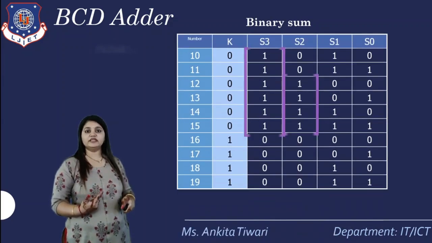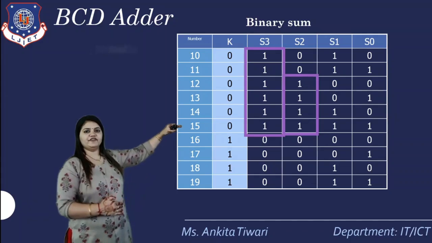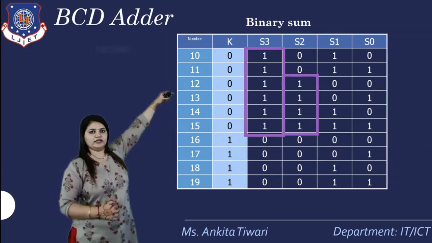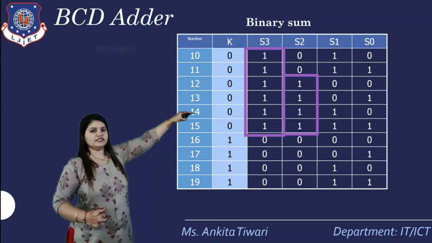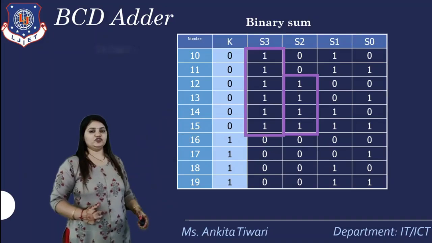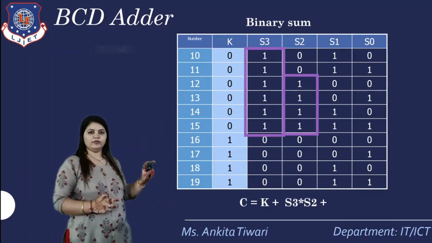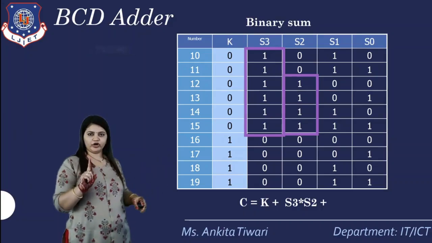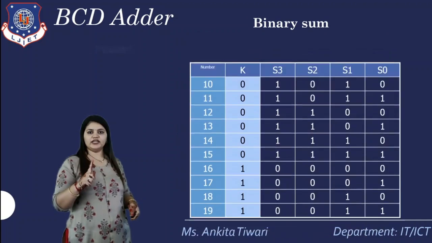Now, considering another way, after these four I have to go for the other four above. Here you can see 15, 14, 13 and 12. Just see that the common part is S3 and S2: the four values have 1 in the positions S3 and S2. So we get S3 times S2. If both values are 1, we get one product, and the answer C will be 1. So this is another condition that we got.